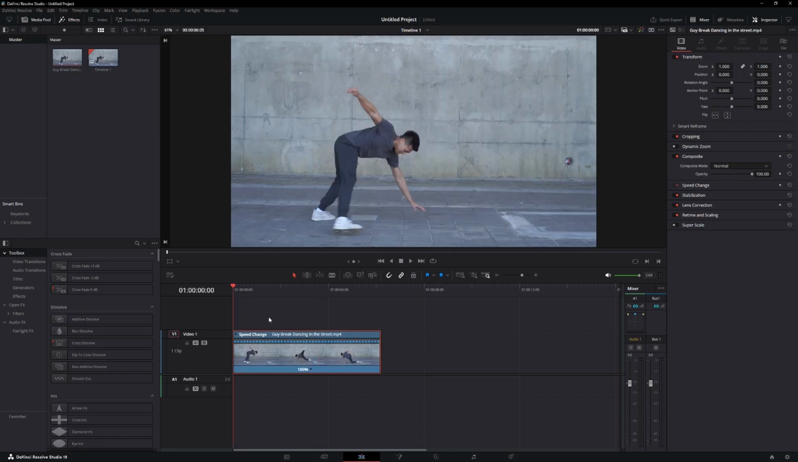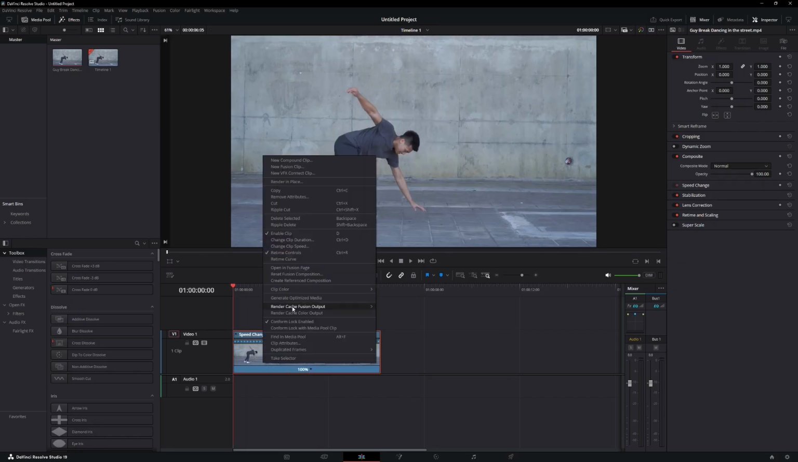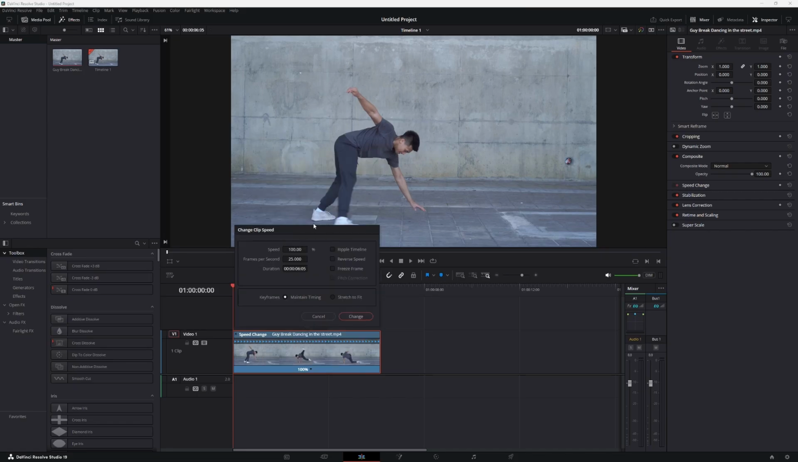If you want more control over how the reverse works, you can use the second method. Right-click on your clip again, and this time select Change Clip Speed. A window will pop up. To reverse the clip, you can either check the box that says Reverse Speed, or you can manually enter a